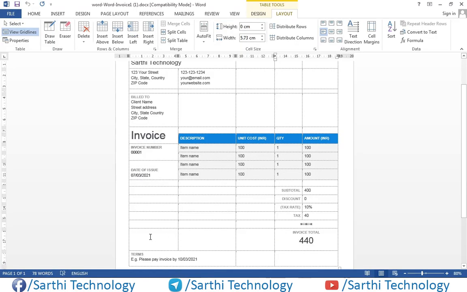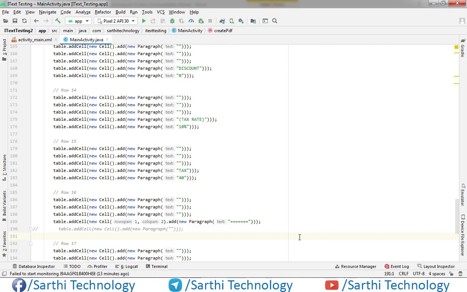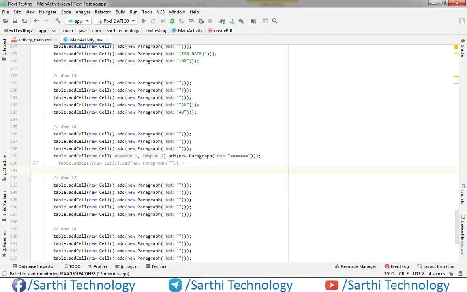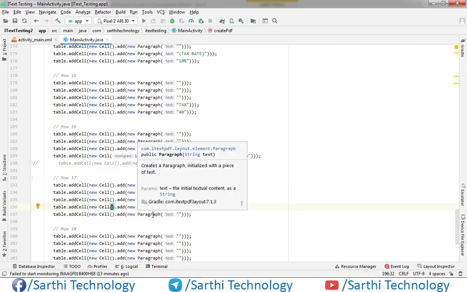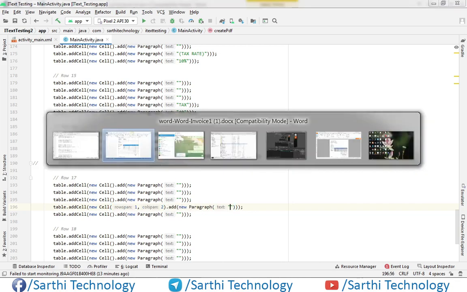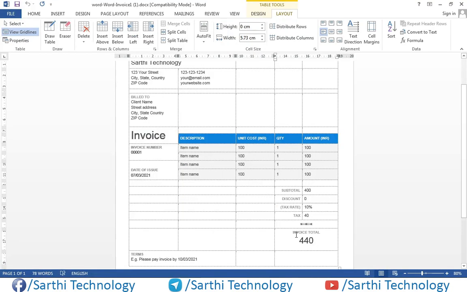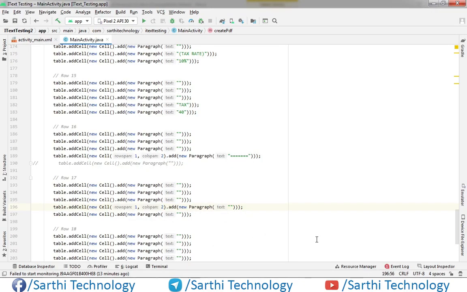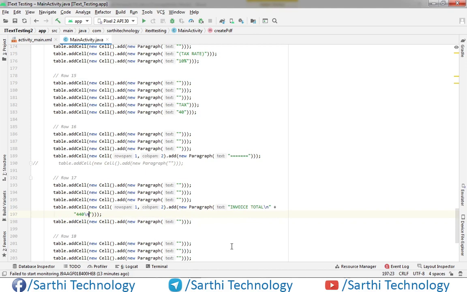Now in the next, 1, 2, 3, 4, this is also merged, so first merge 1, 2, and this invoice total, and make this a comment.